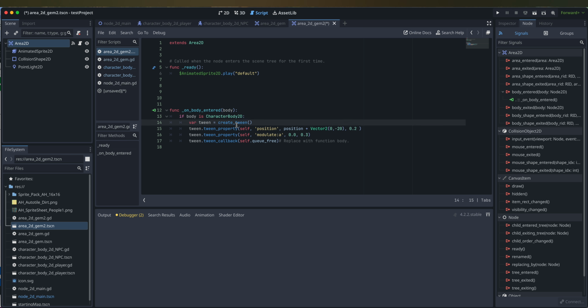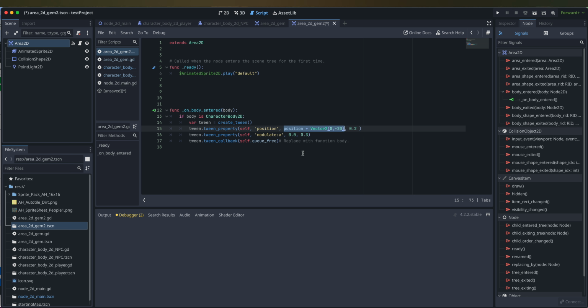then there's something called a tween. Create tween is a built-in function, and it basically handles animations. And so we do this tween.tween property, and we reference self. We put ourself in there, and then position, and position plus vector 2, and this is 0 and -20, and then a point 2. What this does is it's going to take the position it is, and it's going to move it straight up by -20, I think, pixels, or -20 points on the vector diagram, however that Godot renders XY coordinates,